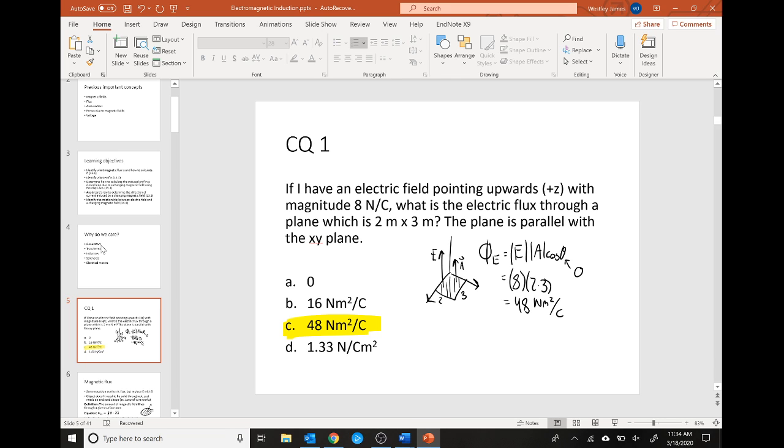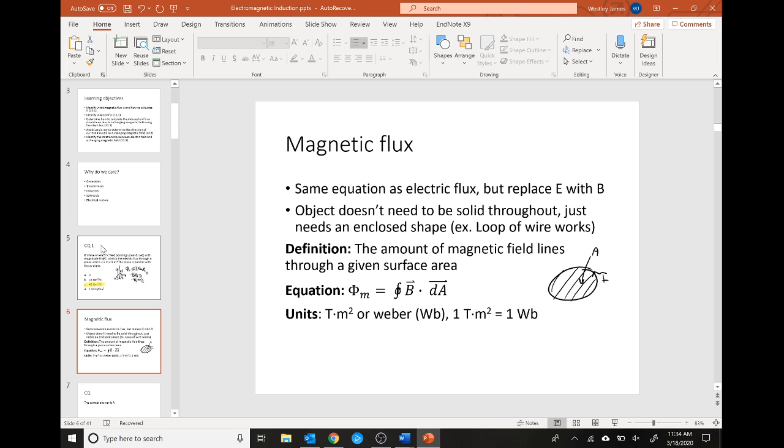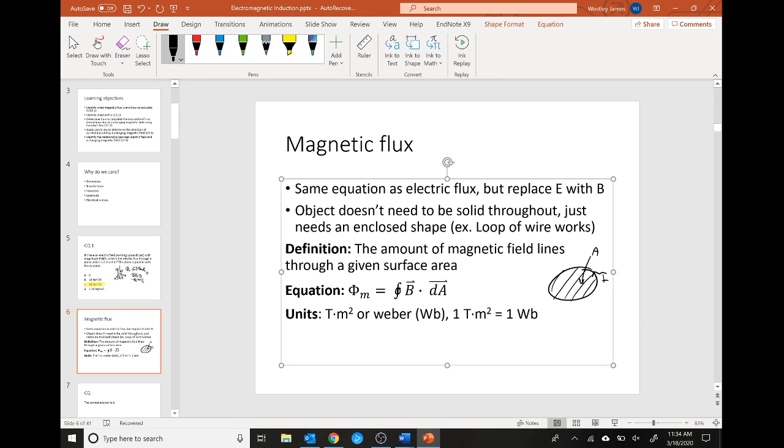electric flux, because we're going to need to use this concept of flux, but instead of electric flux, we are using magnetic flux. And the equation looks almost identical. This can look a little intimidating with this closed path integral, but it's the same thing as electric flux, where instead of the integral here, you could write this as, because pretty much in every case that we're going to solve, the magnetic field is going to be constant and the area is going to be constant, the magnitude of B, the magnitude of A times cosine of theta. So hopefully that looks a little bit more